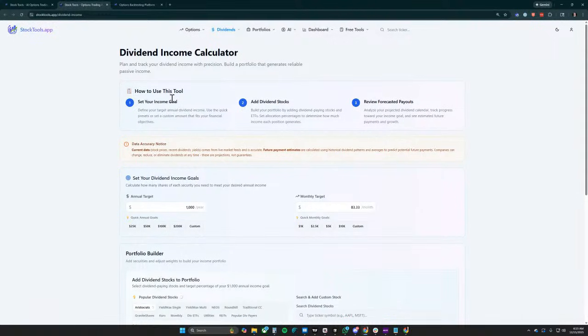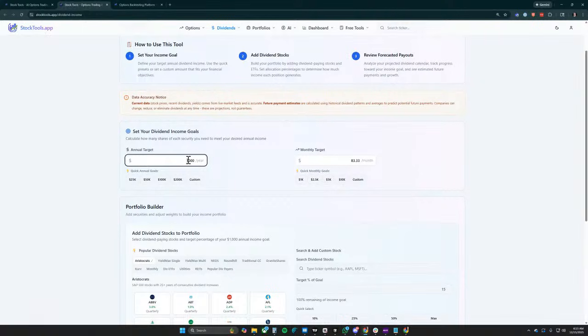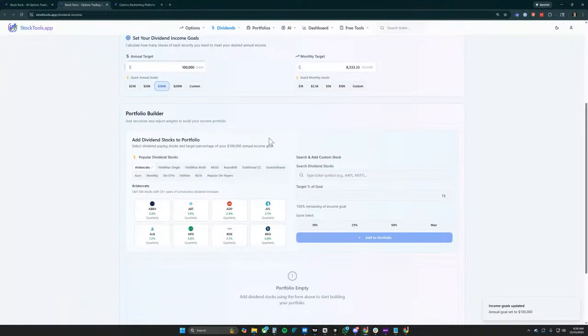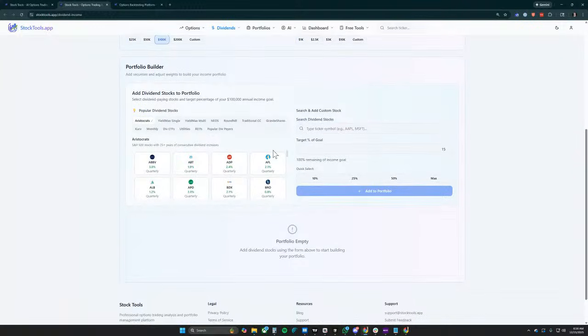In the meantime, I can show off this dividend income calculator. The idea is, a lot of this whole website, like I said before, is based on how do I replace my salary and start generating some income, right? How do we start making some money off this thing? So like, all right, I have a $100,000 a year salary. I need to make $8,000 a month. What do I need to do to get those payouts?